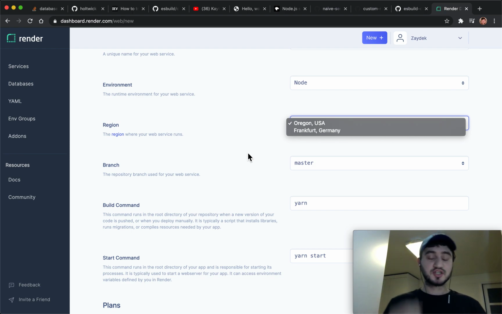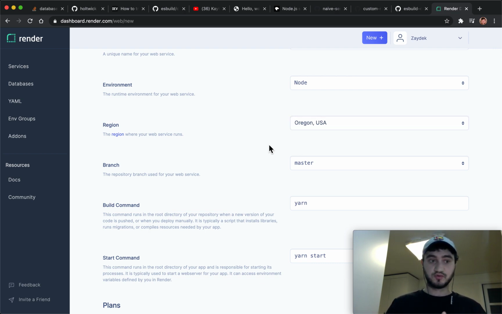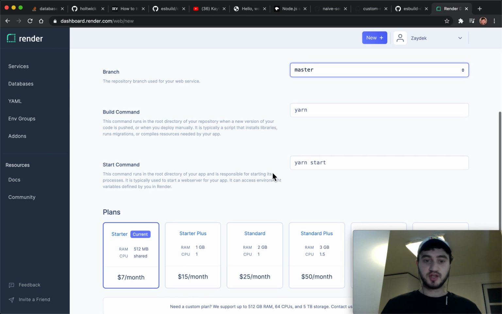And just to give you an idea, the founder, I don't know his name off the top, but I know that he has been with Stripe for years. So his mission is basically to provide a developer-centric experience for deploying to the web, which is a little bit similar to what Stripe is trying to do, right? They're trying to create a developer-centric way to accept payments on the web. So a lot of that design philosophy I think has bled through on render.com, and I personally appreciate that a lot. So I'm going to deploy the master branch,